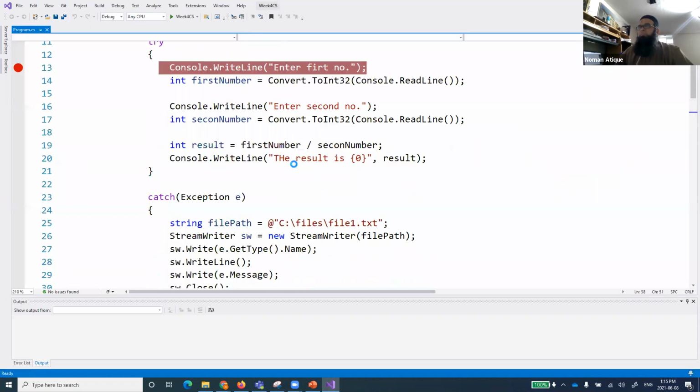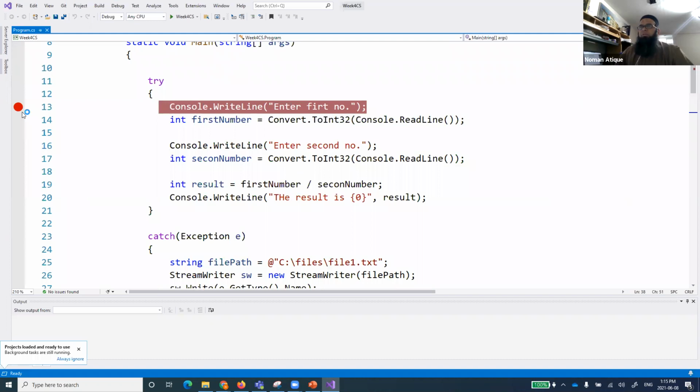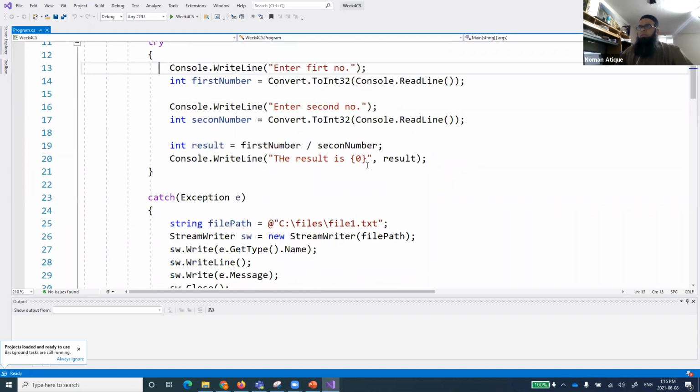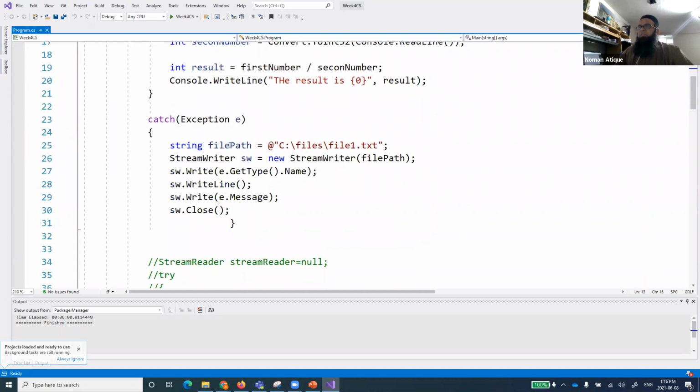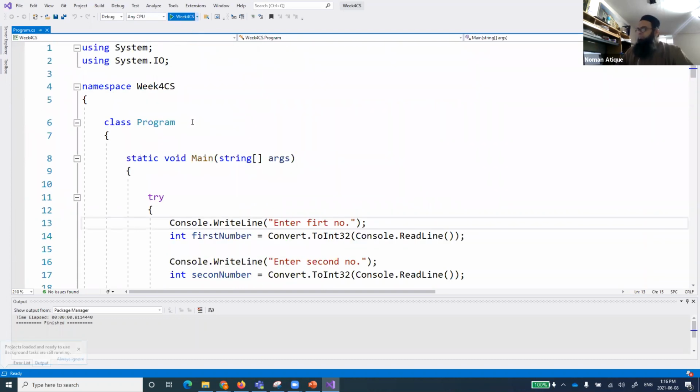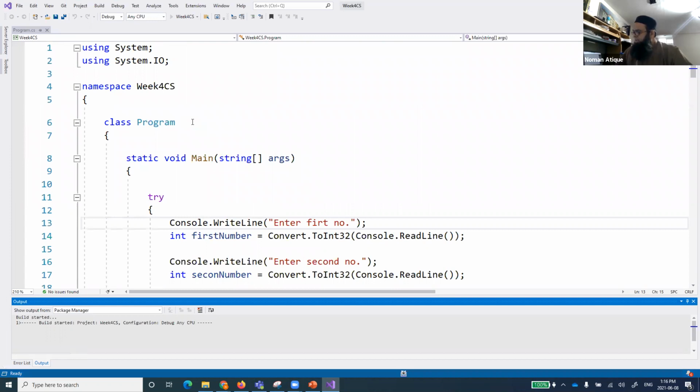Okay, so you see here, this is our file, and I don't want anything over here. This is a program where I'm just taking the file and trying to write that into that one. Now let's run that and see what is going on.